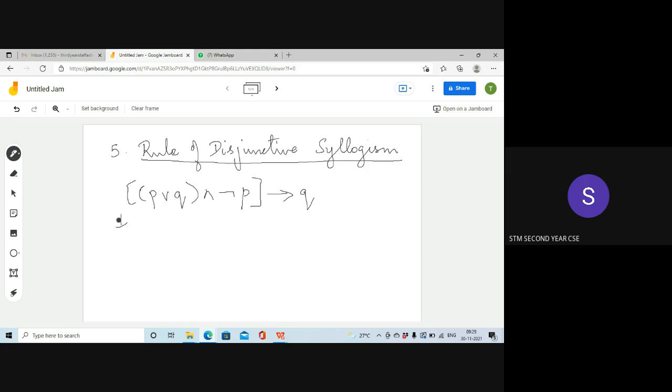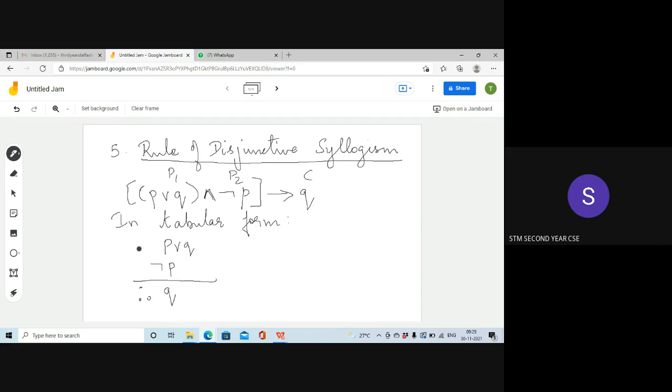So how will you write it in tabular form? This is the logical implication form. Can you write it in tabular form by yourself? Those separated by conjunctions are arguments. So this is P1, this is P2, and this is our conclusion C. In tabular form, we write P or Q as our first argument, then the second argument is not P, and our conclusion is therefore Q. P or Q, not P, implies Q.